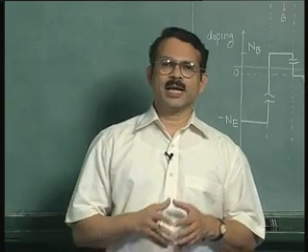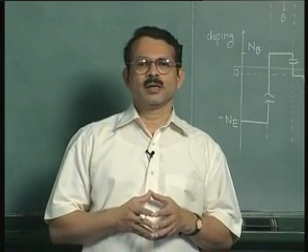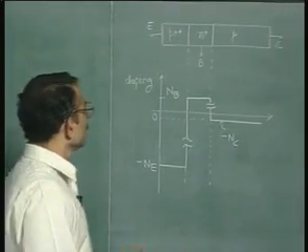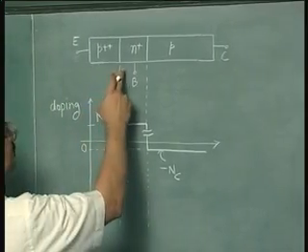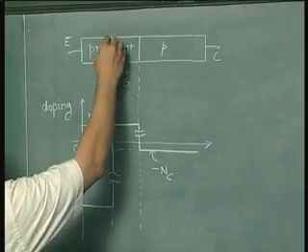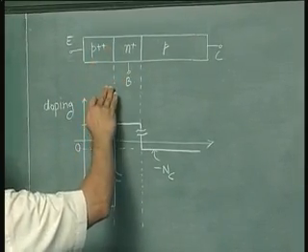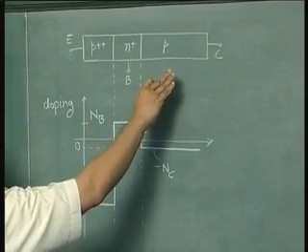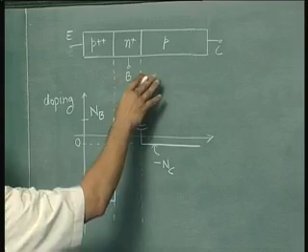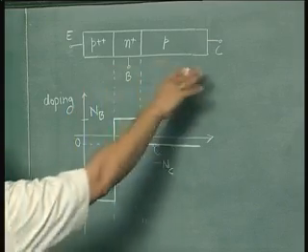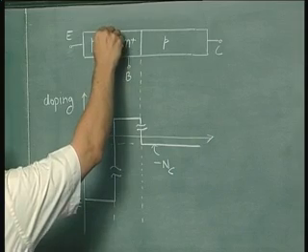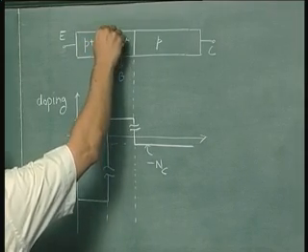Similar kind of assumption we had made in the case of p-n junctions. Now, one critical distance parameter associated with this particular device is what is called the base width. Now, if you show the space charge region here, let us assume some bias conditions for this transistor. In the simple case, we can assume the equilibrium condition. So, under equilibrium condition, your space charge region can be shown something like this.